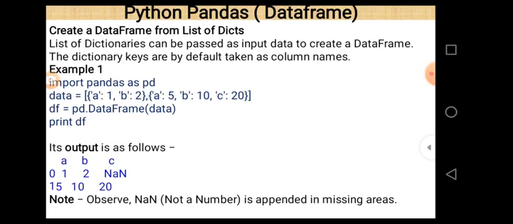This is line number 1. Pandas is the name of the library, because we want to create a data frame here, and to create a data frame it is essential to import pandas as a library. pd is the alternative name of pandas. So whenever we want to use pandas as a library, just write pd in place of pandas, and after the dot sign, the function belonging to that library.